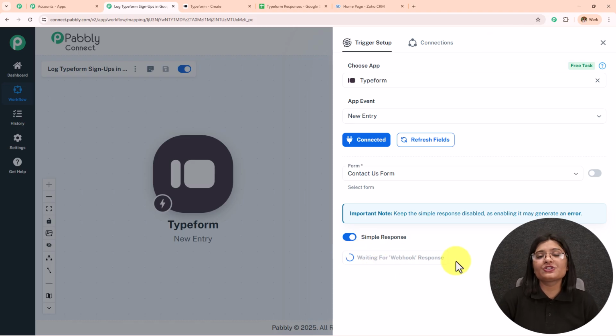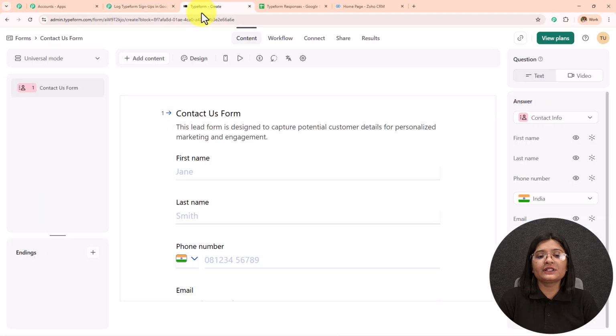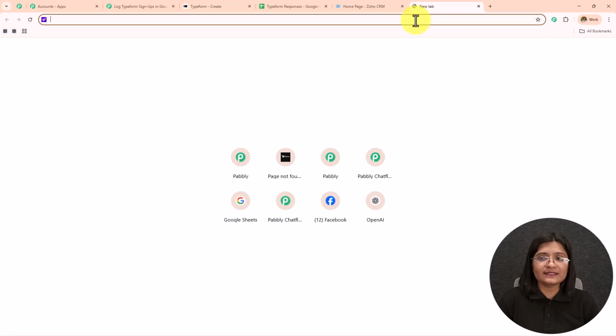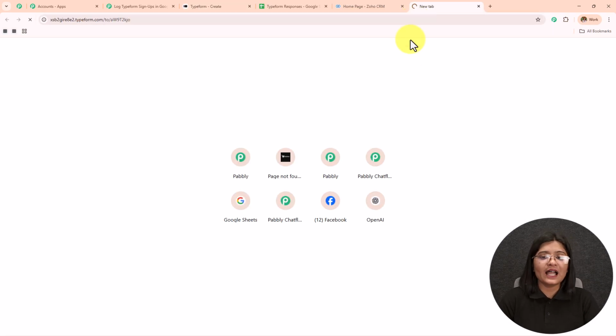And now I'm going to do a test submission in order to capture the webhook response in this workflow. If I receive the response of that test submission, then this is going to show us the connection setup which we have created is working fine. So I'm going to do the test submission by filling this form. I'm going to copy the link of this form, paste it in the new tab, and as this form opens,